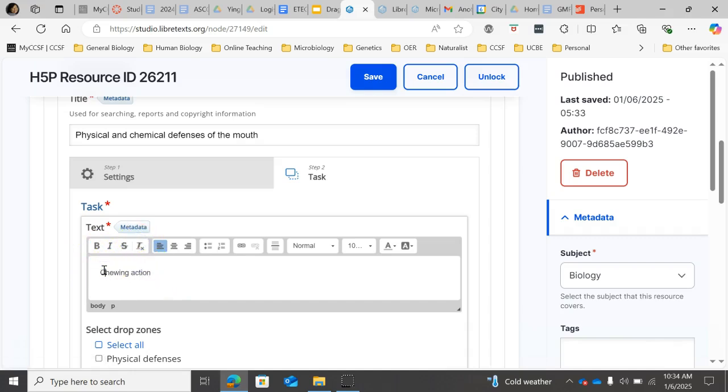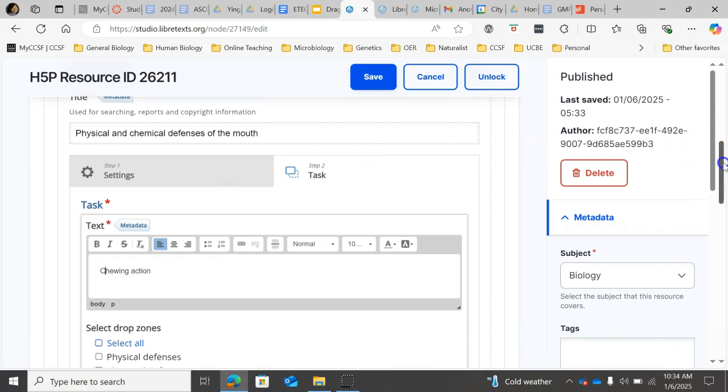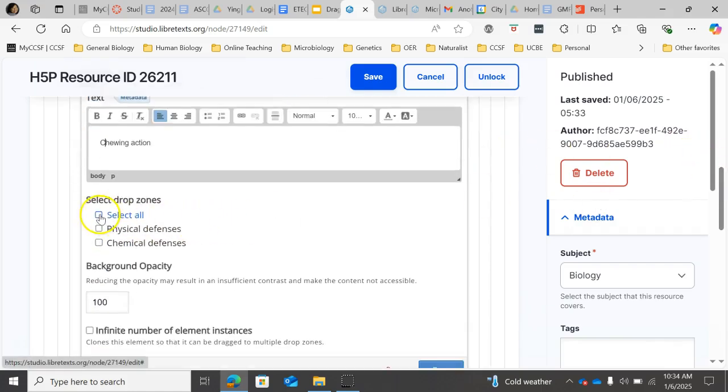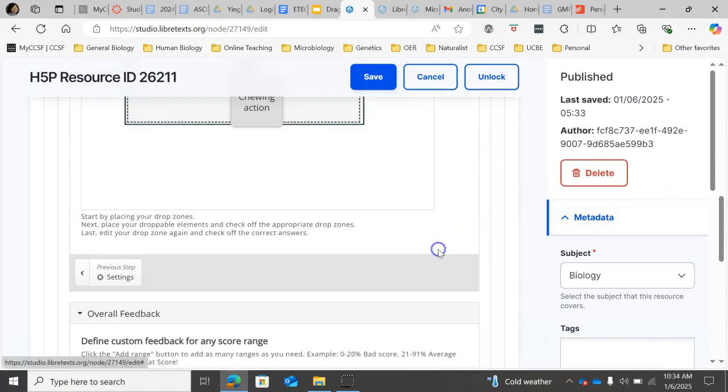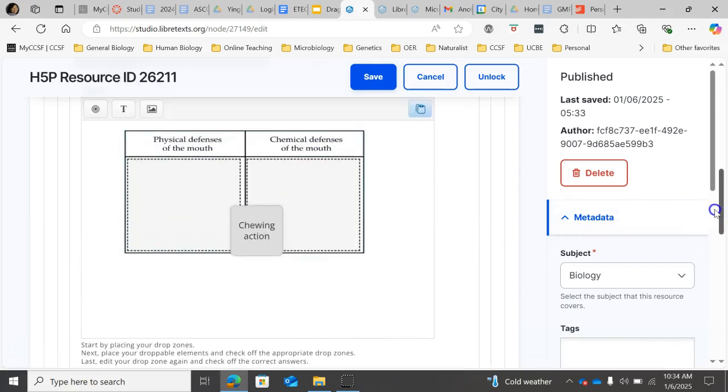Maybe I will start with a capital letter, and you want to select all because you want the student to be able to drag it into both zones, and then down, and there's the first text. So you can drag it anywhere you want it to. You can change the size,